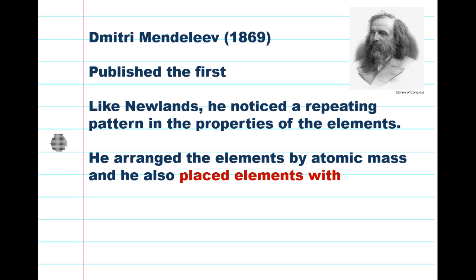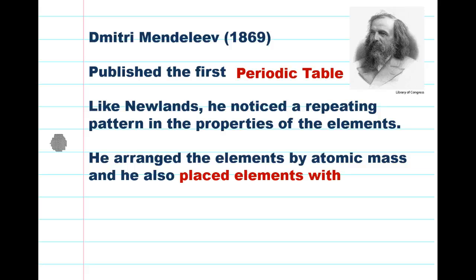Now, in 1869, Dmitry Mendeleev, who was a Russian chemist, was hired at a university, and he was writing a chemistry textbook, and he decided that he wanted to publish a classification or organization of those elements that were known. And he did this and published the very first periodic table. However, that periodic table was very controversial.